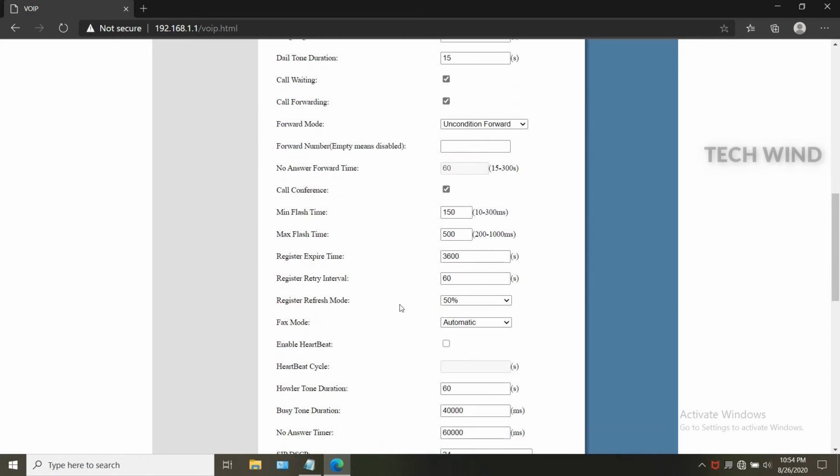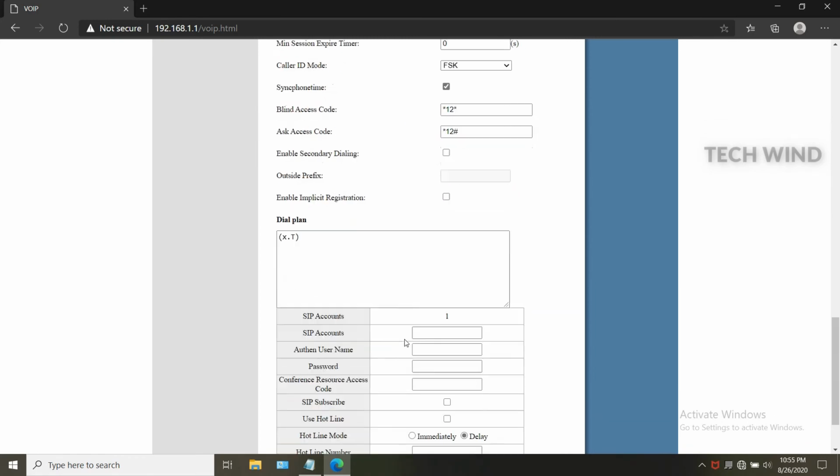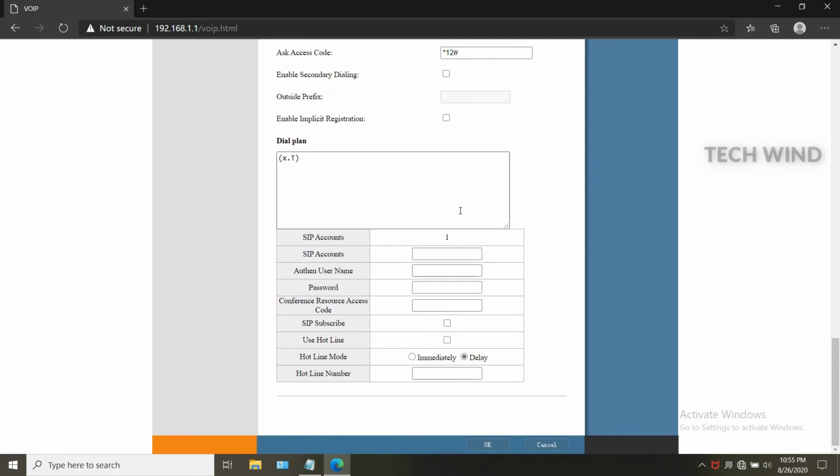Now scroll down to the very bottom. Here you have to enter SIP account, authentication username and password. The SIP account and authentication username are the same, which is 91 followed by area code followed by landline number. For the IMS server I have mentioned above, you have to add a plus symbol before the 91. Now the password, you have to get it from your operator. It is user specific, so there is no common pattern.